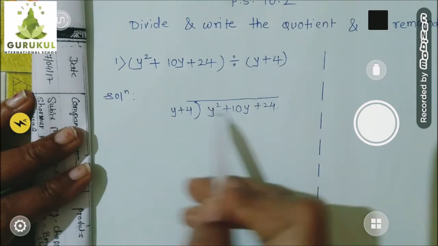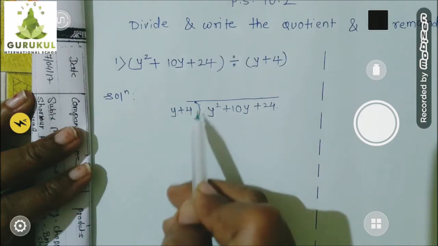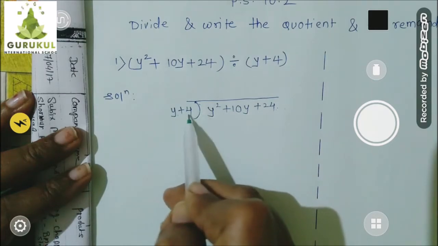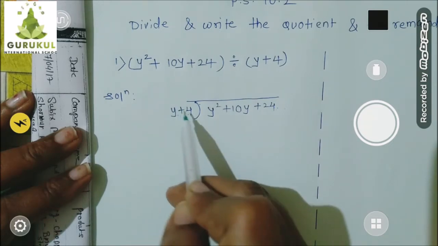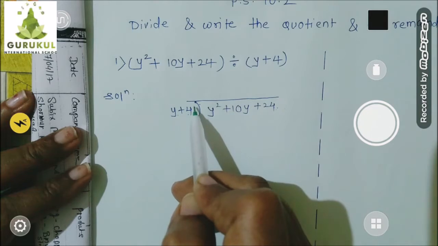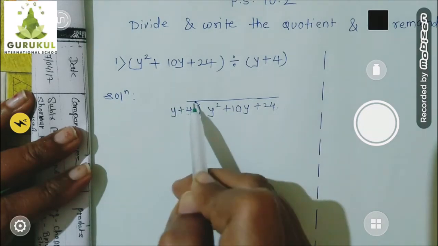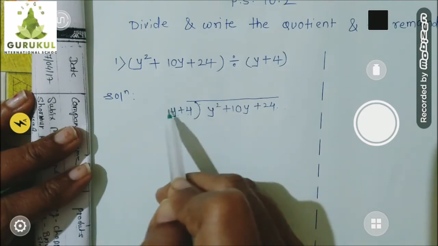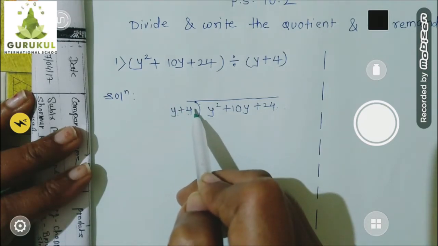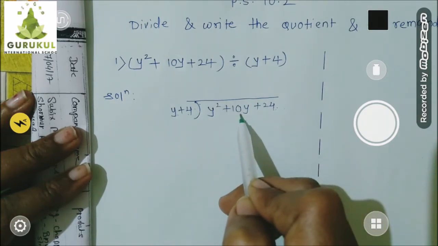Okay. Now the same thing you have to check in the divisor part also, because this time it's a binomial. So here also you have to check whether they are arranged in descending order of power or not. So this is y raised to 1 and the constant number means y raised to 0. So y raised to 1 and y raised to 0, first 1 then 0. So the powers are 1, after that 0. They are arranged in descending order of power. So both are arranged in descending order of power.